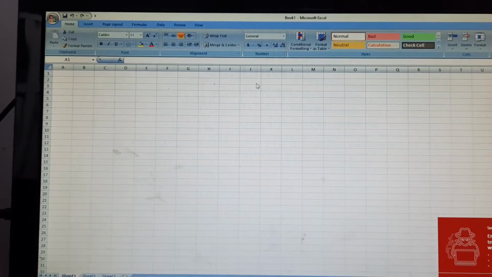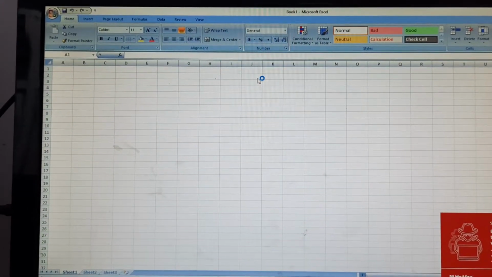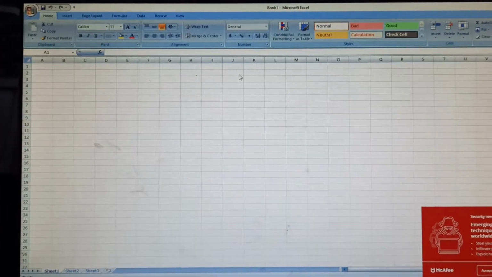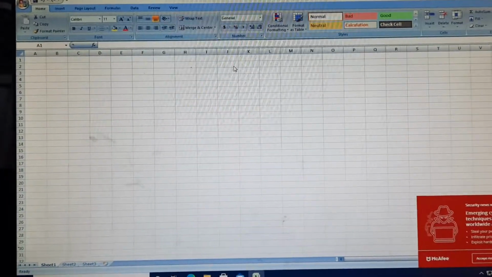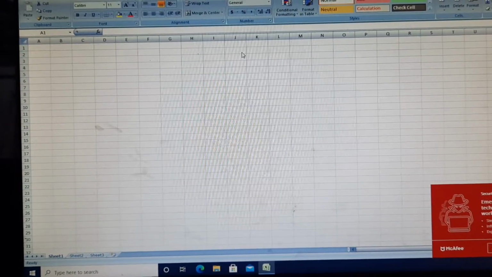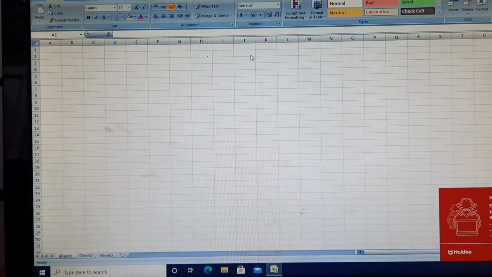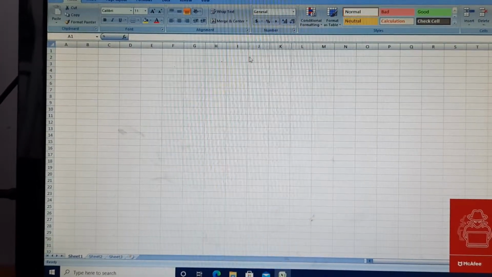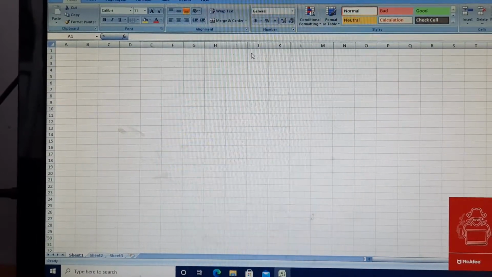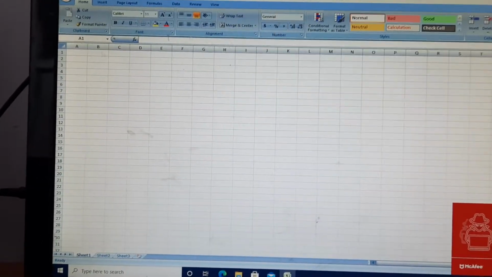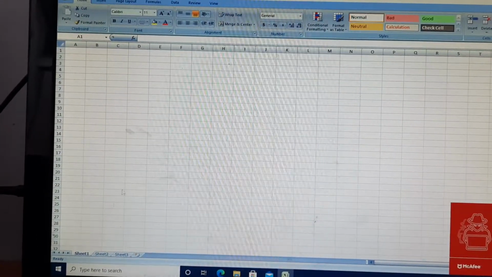In the previous video, I explained what is a row, what is a column, the grids. The grids you are seeing here are the vertical and horizontal lines. Vertical lines are called columns and horizontal lines are called rows. The intersection between the rows and the columns, the points which are meeting together, make a cell.